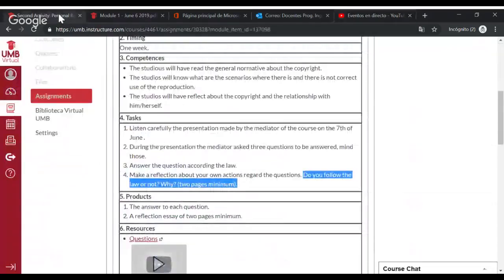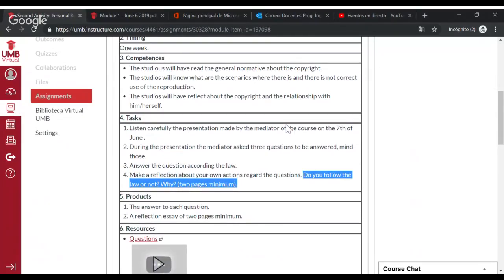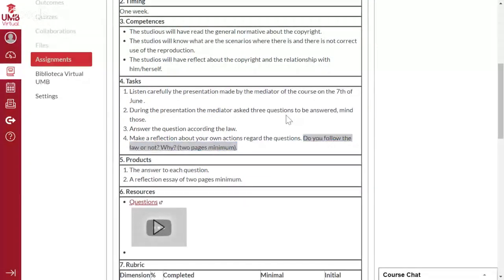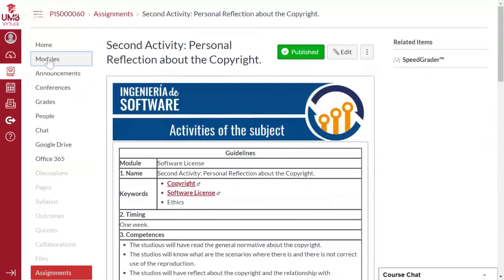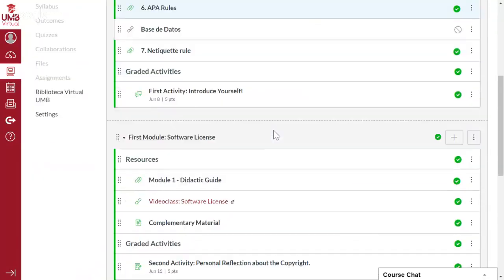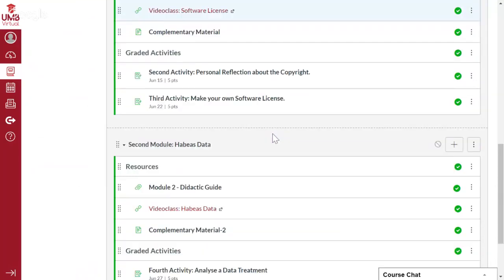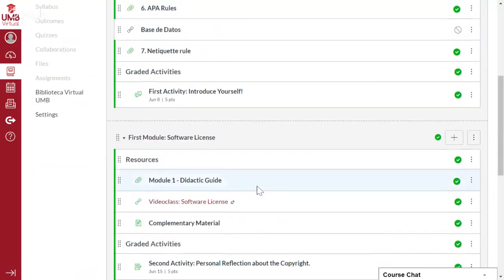So this is it. I only check that, yes. Okay. What you're seeing on my screen right now are the modules of this course. We have two modules. It means that this course is a 2 credit course, 4 weeks, and